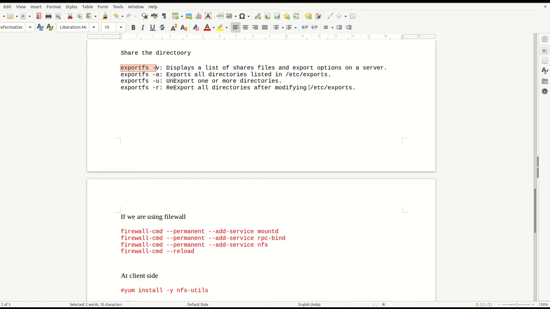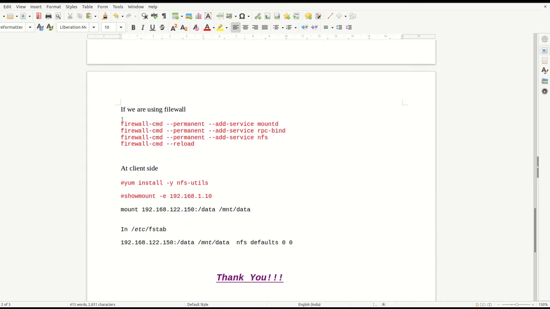If you modify entries in /etc/exports, then you can run exportfs -r. And if you are using a firewall, then you need to allow these three services in your firewall.